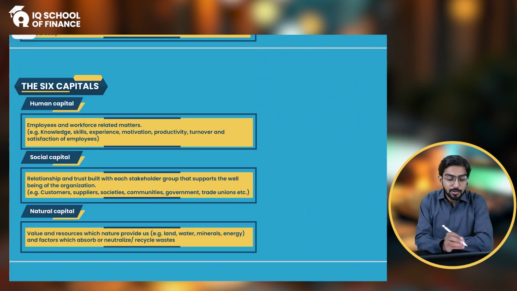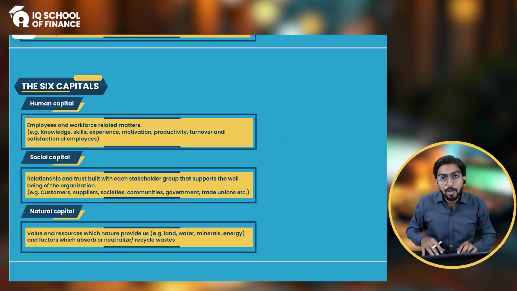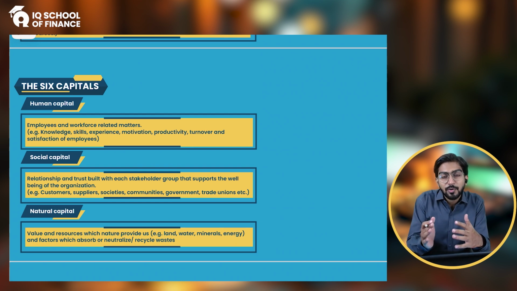It includes the knowledge, skill, and experience, motivation, productivity, turnover, and satisfaction of your employees. So how many skilled, knowledgeable, motivated, professional, productive staff you have. If you have a high turnover, that means you are not able to retain good staff. If you have a low turnover, your employees are satisfied with you. You are able to attract qualified, knowledgeable, and skilled professionals into the workforce. Again, they are going to create value for the company and they can contribute towards the growth of the